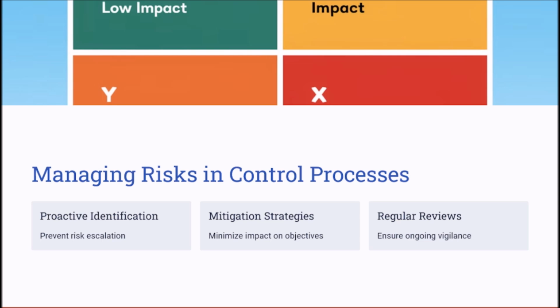For example, in a technology upgrade project, identifying risks like potential data breaches or system downtime allows the project manager to implement preventive measures such as security audits or backup systems. So, regularly reviewing these risks and updating the mitigation plans ensures that the project adapts to new challenges, safeguards its objectives, and minimizes potential disruptions.